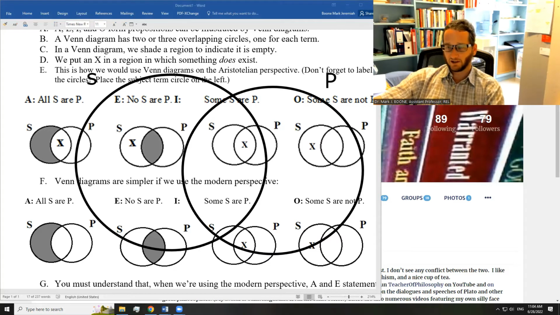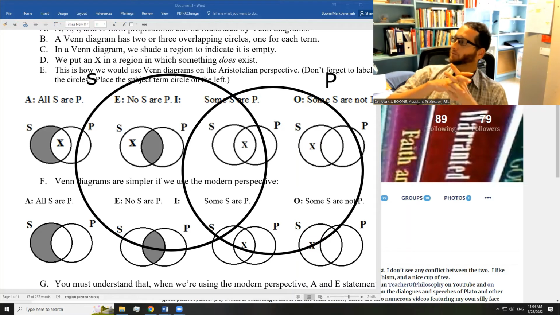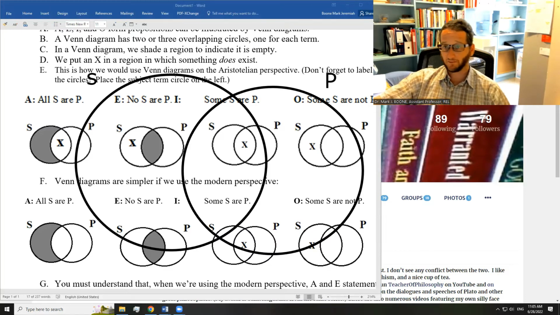And now understand what these circles represent. They represent all the possible relations, all the possible categorizations between S and P. And what those categorizations are